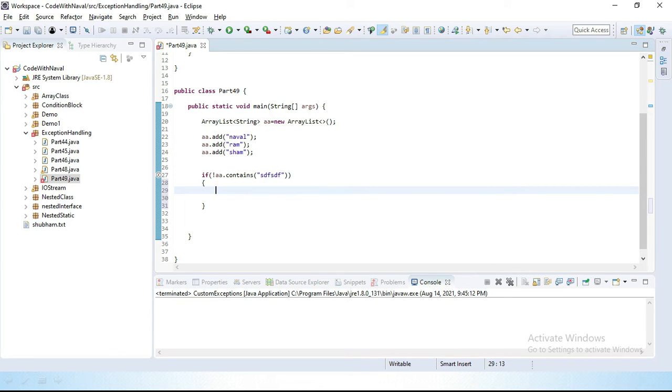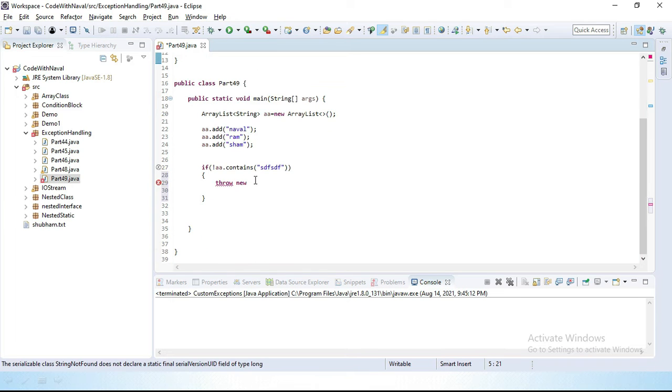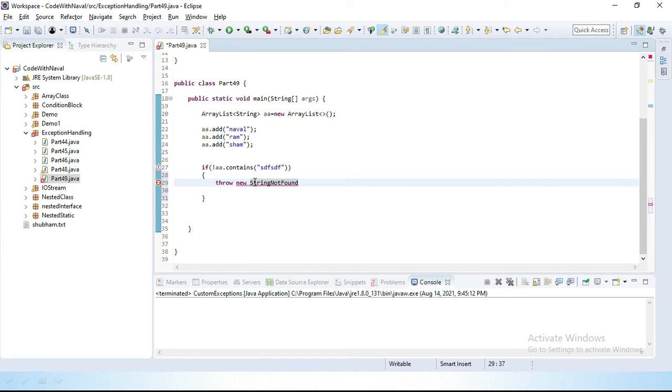Inside this if condition, I'll add a throw and new StringNotFound, creating the StringNotFound class constructor, and inside the constructor I'll pass the message, this string not found.